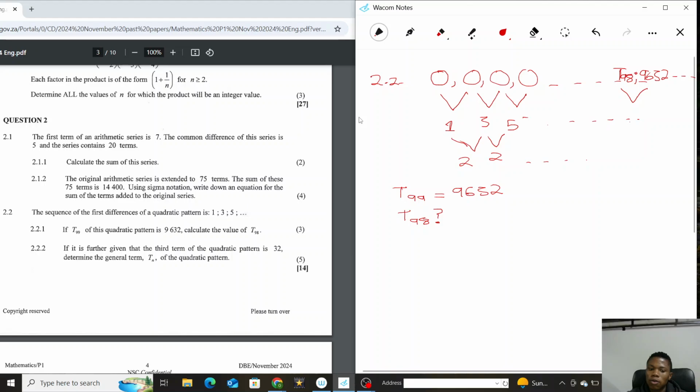Therefore I will get 1 plus 2n minus 2. Therefore I will have 2n minus 1. Therefore my Tn will be equal to 2n minus 1. Okay, for